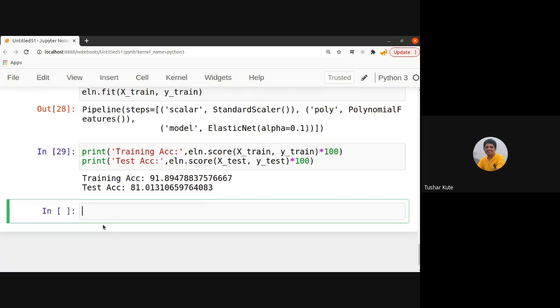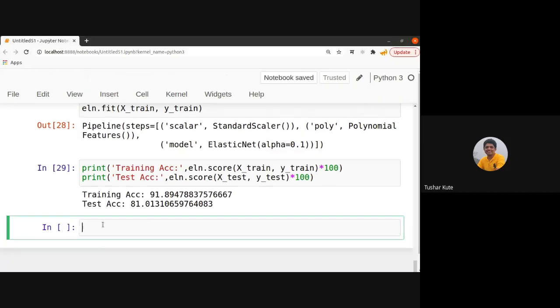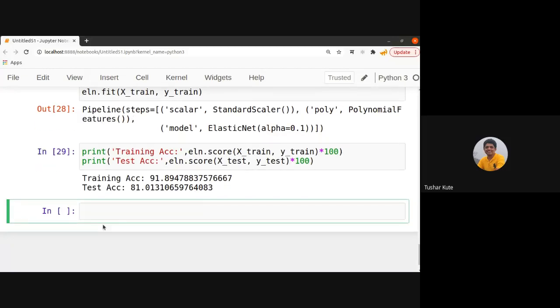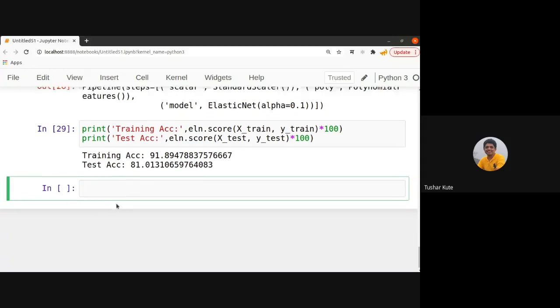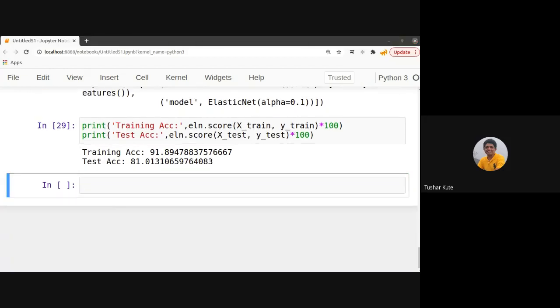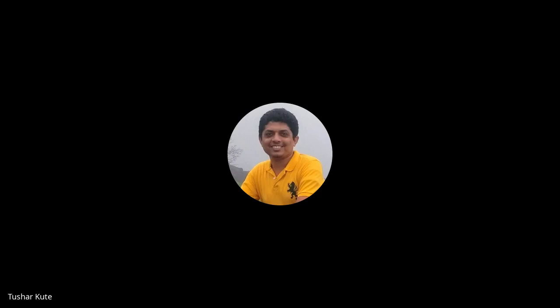So the overfitting effect is again reduced by using elastic net regression. This is what we call elastic net regression. For elastic net we use the L1 penalty as well as the L2 penalty combined together, and you can check out the example to see how it is possible to reduce the effect of overfitting. The effect of overfitting can be reduced by this particular method. Okay, fine. So let's continue.